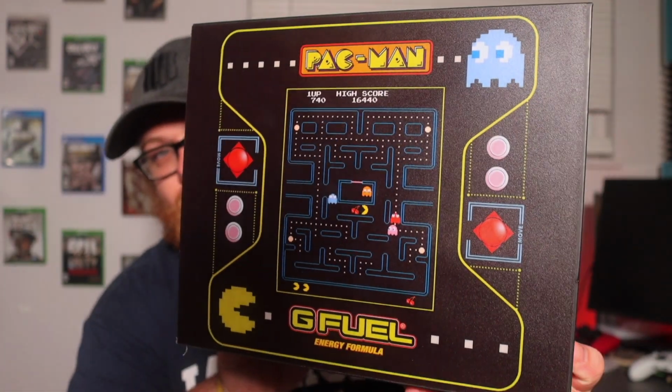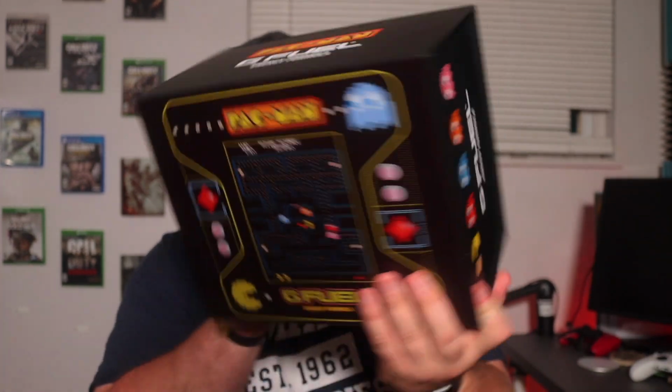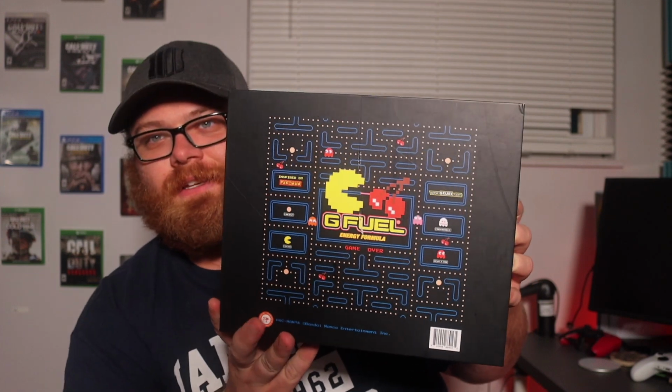So this box is really cool. It's also probably the most expensive GFuel collector's box I actually own. We've got the side. I did notice that at some point along the line, the back of mine did get scratched up a little bit, but it's fine. Other than that, we open it up. It's got a nice magnetic clasp right here. We open it up, and this is what you see on the inside. So before I even get to the flavor or anything like that, I want to go ahead and power that on